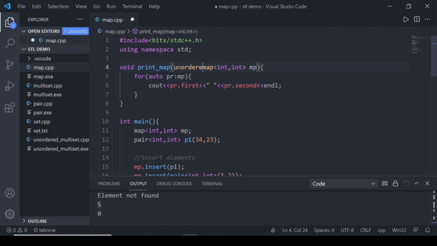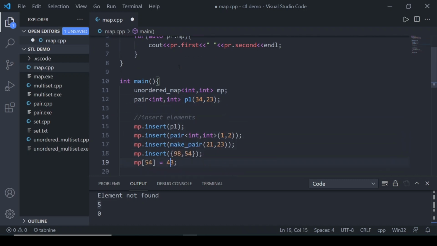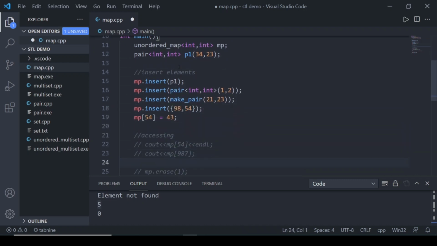So let's change our code according to that. In place of map I can write unordered map. Okay, so I have inserted these elements, so let's print that out.